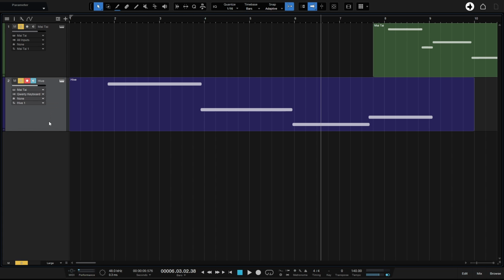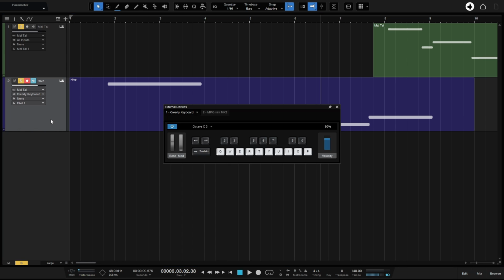So if I choose QWERTY keyboard and I'll press caps lock to bring up the virtual QWERTY keyboard, now I can use the keys on my laptop keyboard to trigger the Multi. Now I know that's a little bit confusing because this says Hive. This is what we put the Hive on, but it's being directed to the Multi. Let's click here and change that back to the Hive, and now